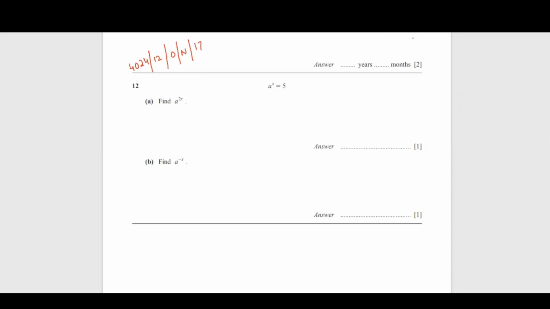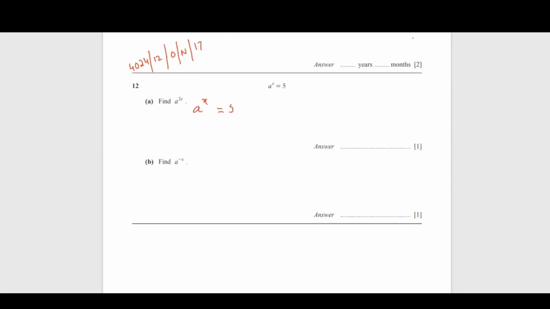The topic is indices, from 4024 October November 2017. The question number 12 here. If a raised to power x equals 5, find a raised to power 2x. What will you do? You have to